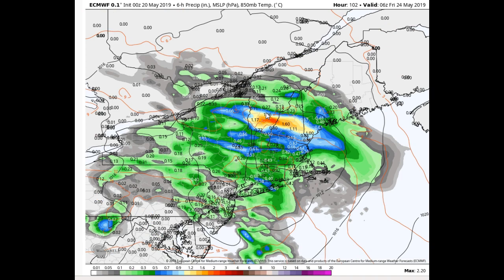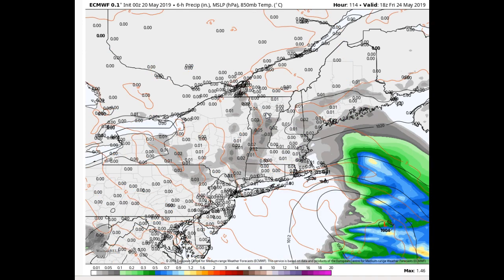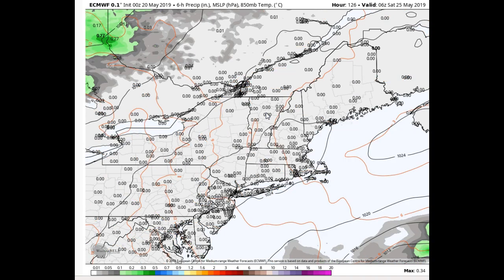You can see that there's some pretty good rainfall associated with that. The models are trying to derive, this being the European. And then it pushes out pretty quickly so that by Friday morning, looks like most of the action's in the process of exiting and drying out, but not everywhere. It looks like a little bit of shower activity lingering on Friday, but the caveat here is it'll probably dry